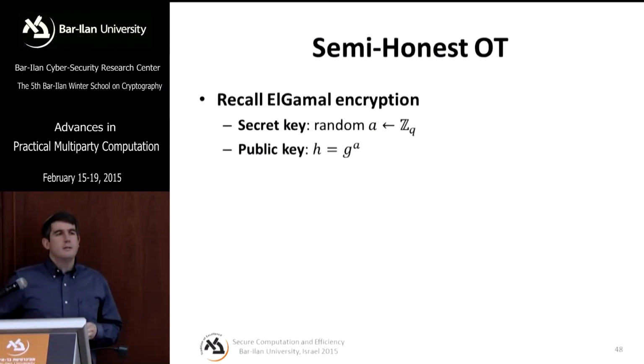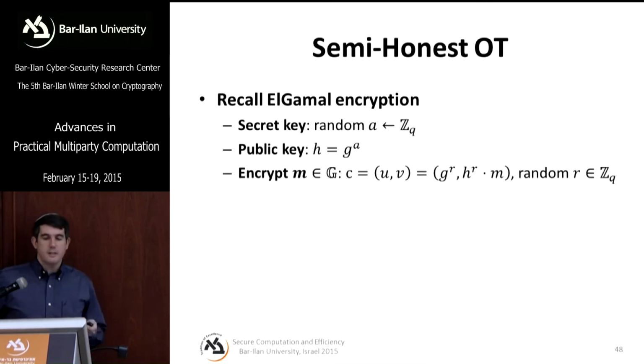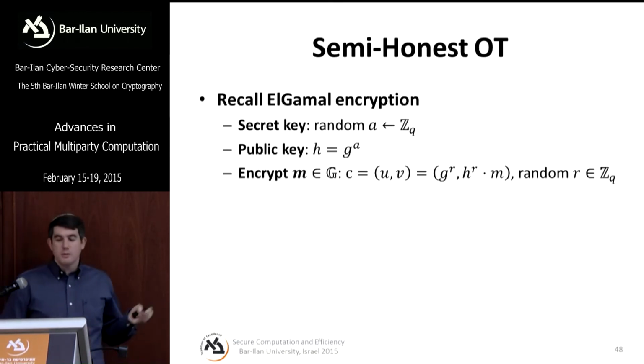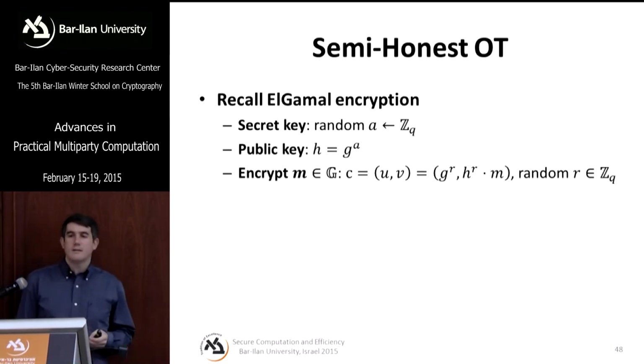So we're going to use ElGamal encryption. How does ElGamal encryption work? You have a random value A chosen from Z_q. The public key is just H, which is G to the power of A, and the secret key is A. In order to encrypt a value M, which we're going to assume is in the group, you choose a random R. You compute U to be G to the R and V to be H to the R times M,